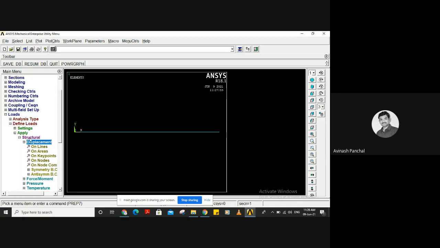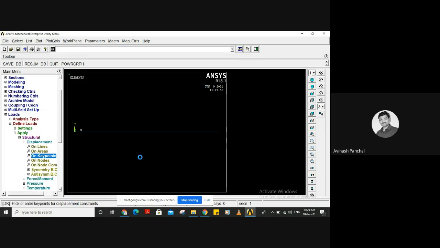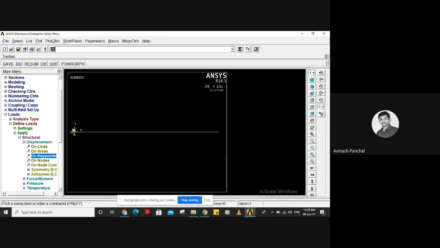So apply structural displacement on key point. Okay. So click on key point and click on OK. One window will appear. So here we can see all degrees of freedom we are going to restrict over there. So click on OK. You can see all degrees of freedom have been locked.